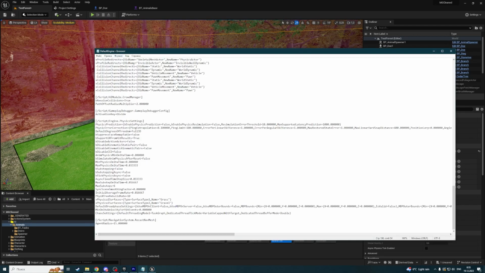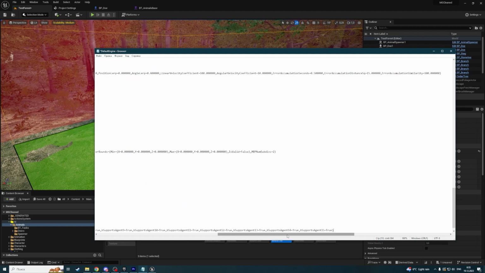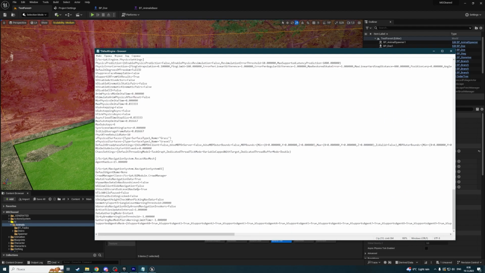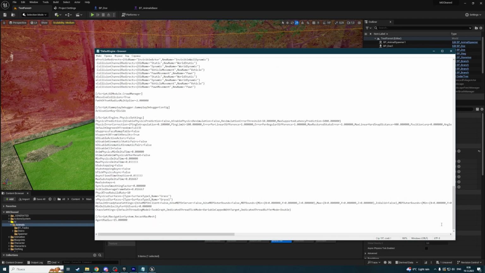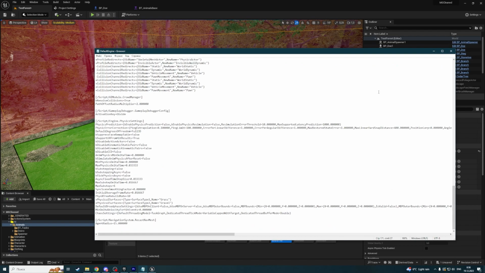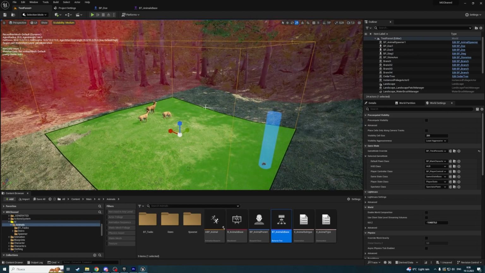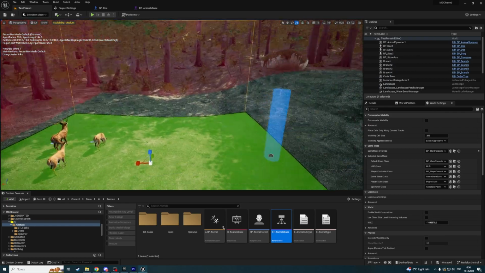So in my DefaultEngine.ini in my project folder, I deleted this part, script navigation system v1. Maybe I had some bad settings from older edits of AI, but it helped me. I deleted it, restarted the project, and now